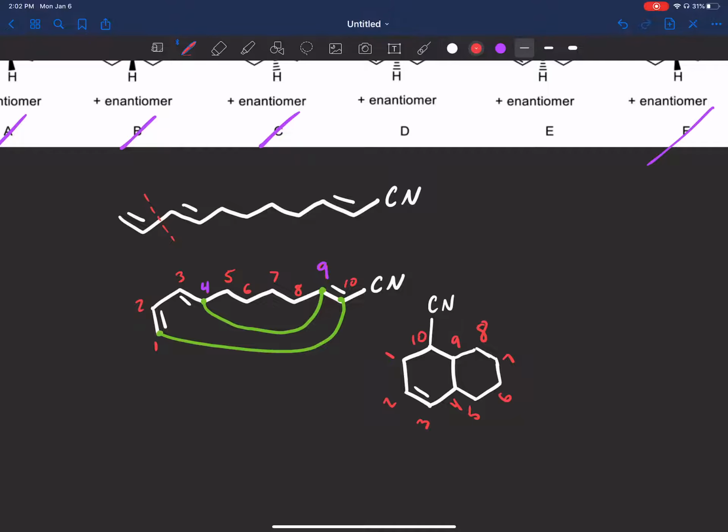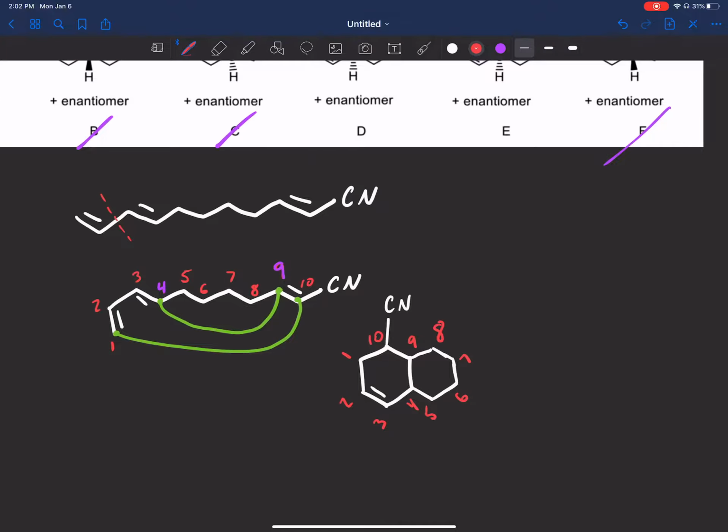What we now have to do is do the stereochem. Now here's the thing about stereochemistry when we're doing intramolecular Diels Alder. You learned that when we did the Diels Alder with a separate diene and dienophile, we had the endo and the exo product, and that the endo was the major product. Now in Diels Alder, when we're doing intramolecular, that isn't always the case. We can get endo or exo. We can't really guarantee